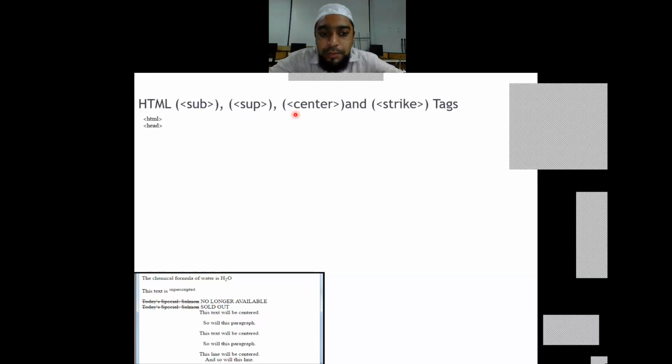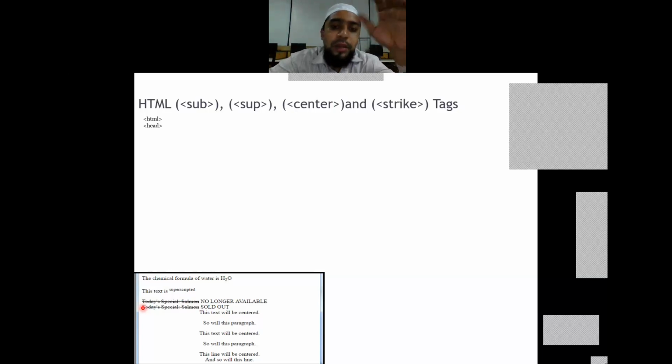Similarly, if I want to keep some text in the center of my web page, then I can make use of the center tag. And as we have seen earlier, we used the del tag to delete items, and with the del, we introduced date and time. But suppose date and time is not very important for us. We are least bothered about when it was deleted or inserted.